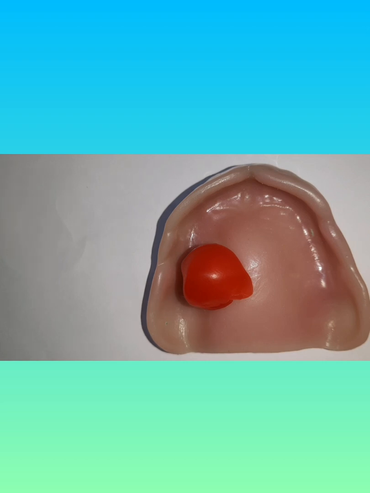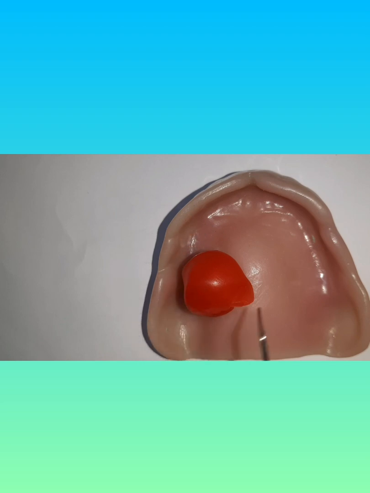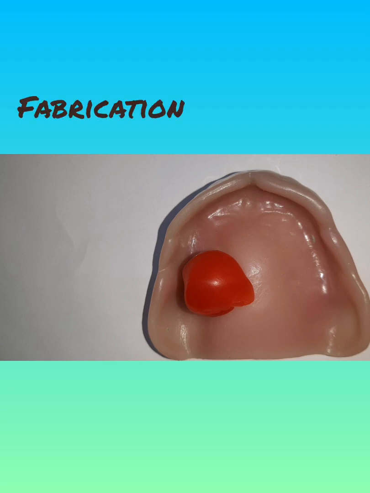So whenever you are making an obturator, one thing you have to keep in mind is that the defect may be very big. Okay, so how do we start? I'll just give you an example. You have a patient with a unilateral defect covering the entire part of the hard palate. So first thing, in a definitive process, you're going to make an impression.